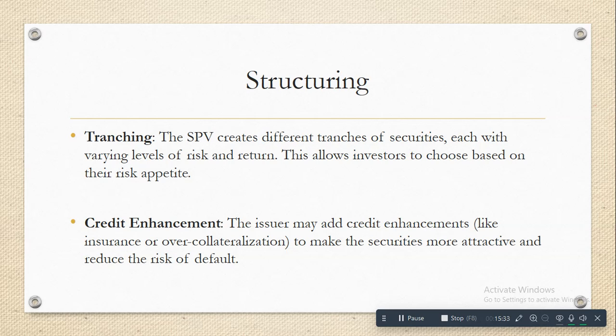Then there is the credit enhancement phase. This is also an optional step. It is done majorly, but it's not necessary that it is done everywhere. So the issuer may add credit enhancement like insurance or overcollateralization to make the securities more attractive and reduce the risk of default. Say for example,